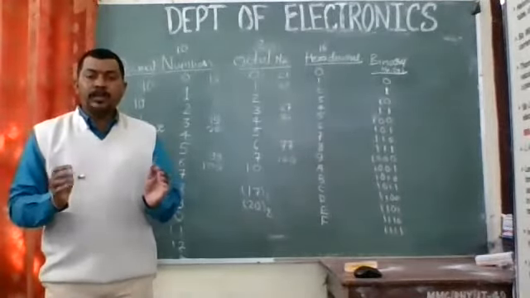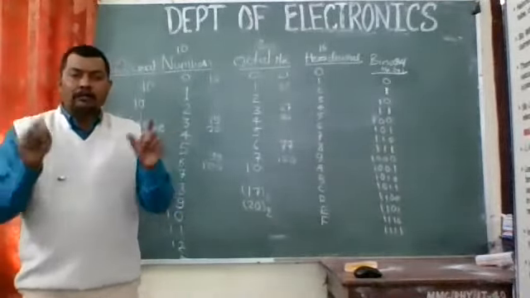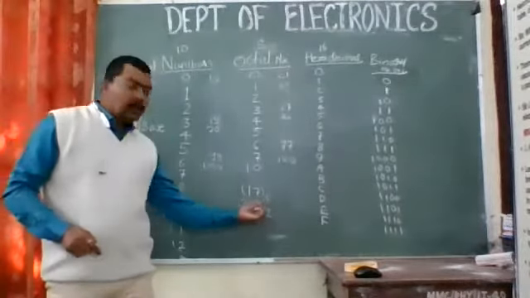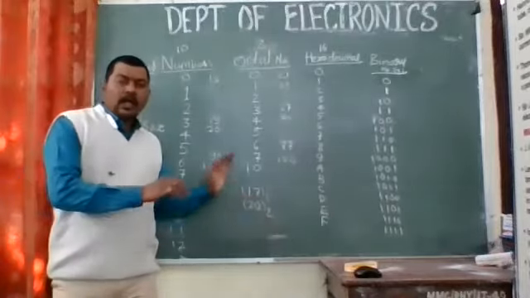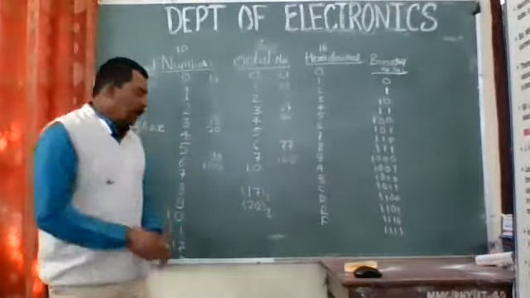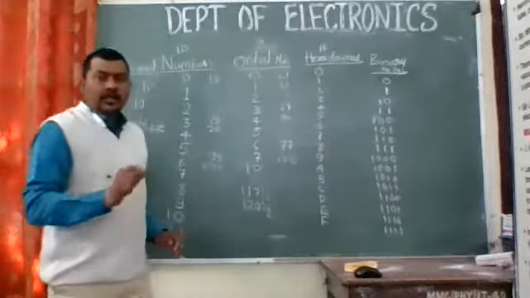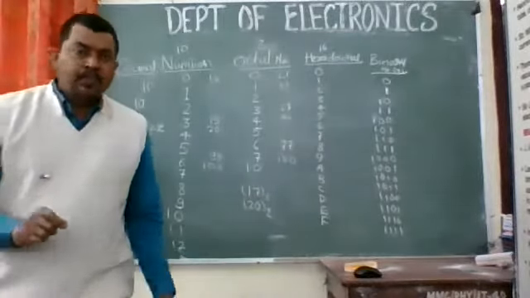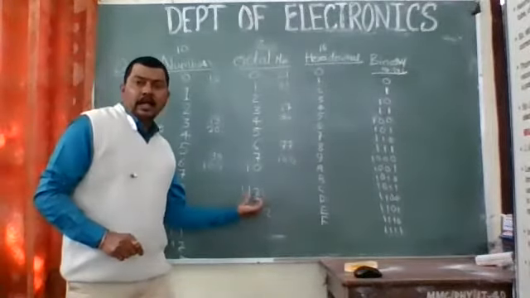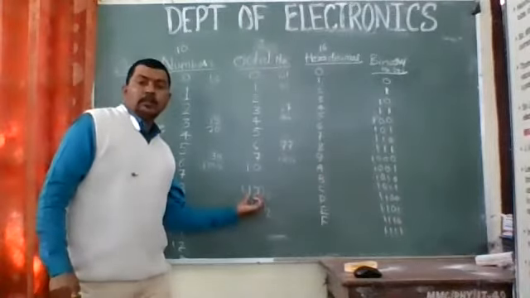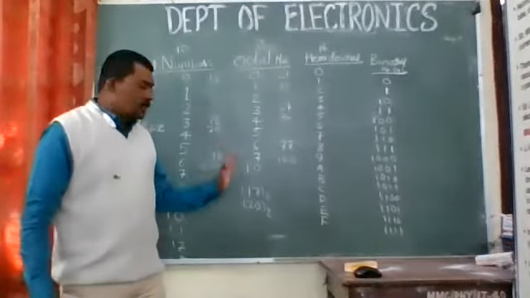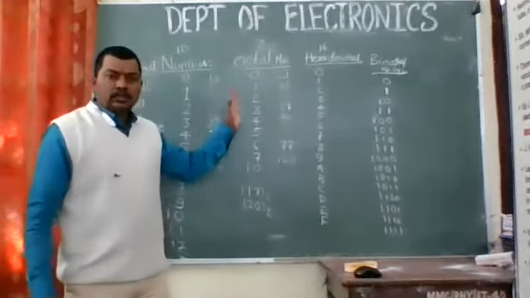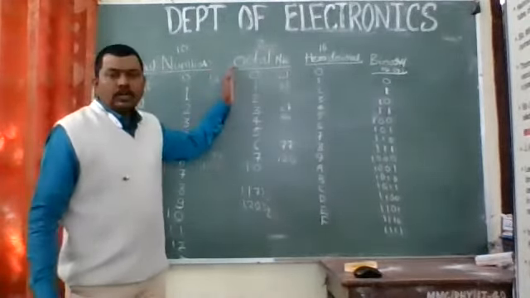How are you going to specify it? You have to put it in a bracket, and you have to write the base as a suffix. So as I've written over here, I have 17 in a bracket, and I have put 8 in the suffix portion, right? So it implies that this number is from the octal number system. This was the second number system that we have studied today, the octal number system.